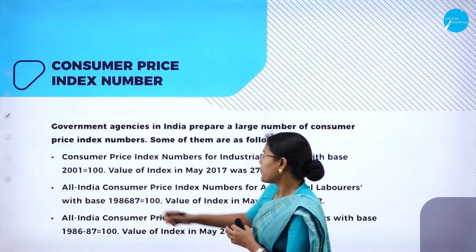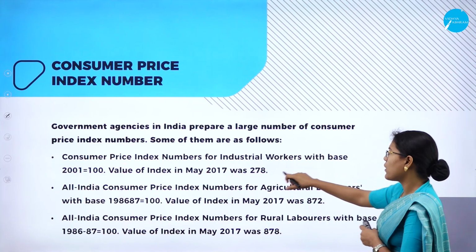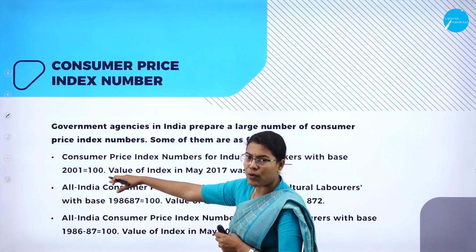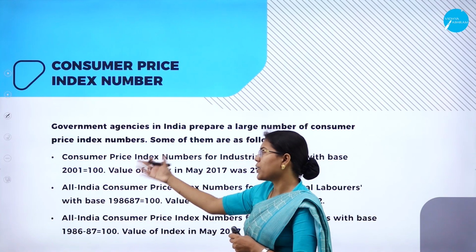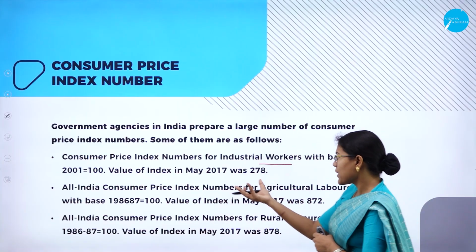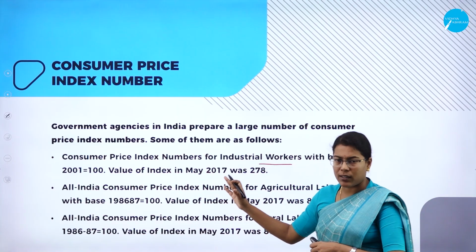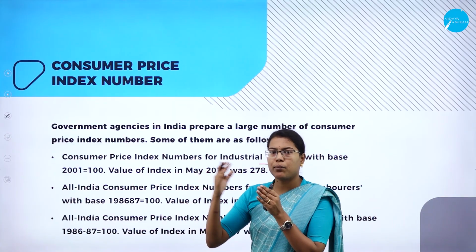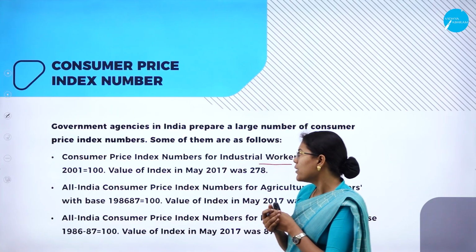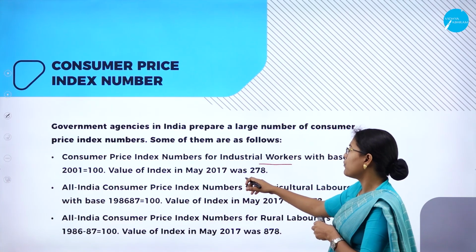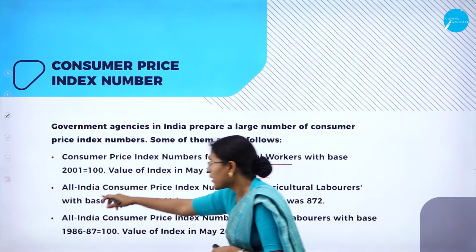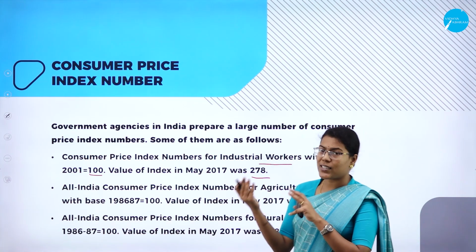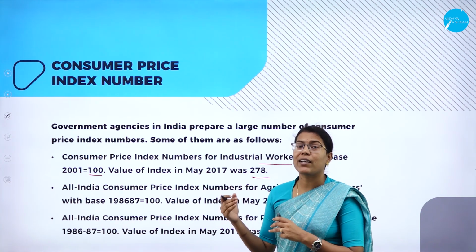As you can see, they prepare the consumer price index number for industrial workers, where the base year is 2001, which is usually considered as 100. So whatever the changes that have happened from 100, whether the percentage changed by 35%, 40% or 50%, like that. The value of the index in May 2017 was 278. So the base period 2001 was 100 and the value in 2017 was 278. That means the change that has happened is an increase by 178